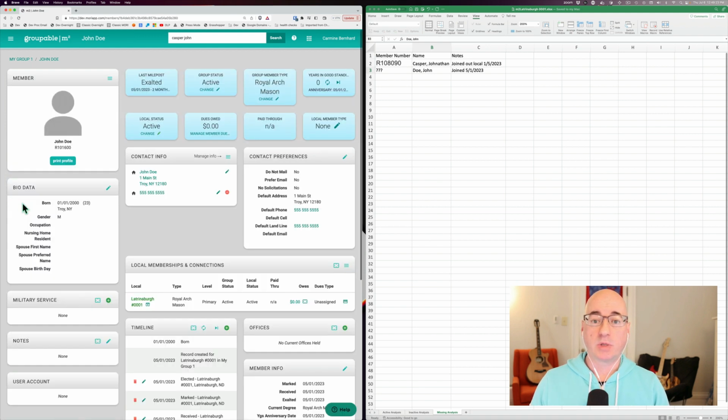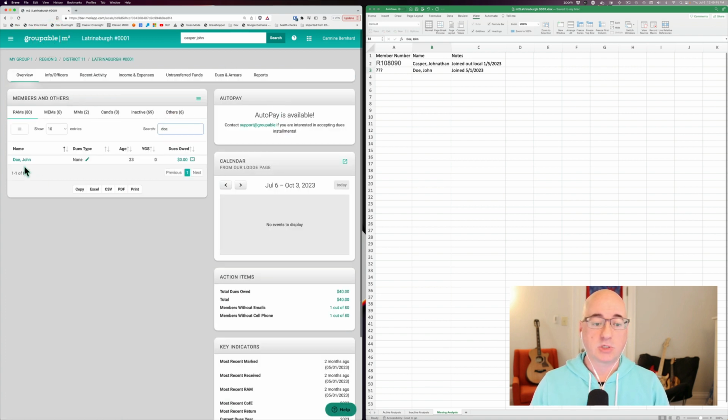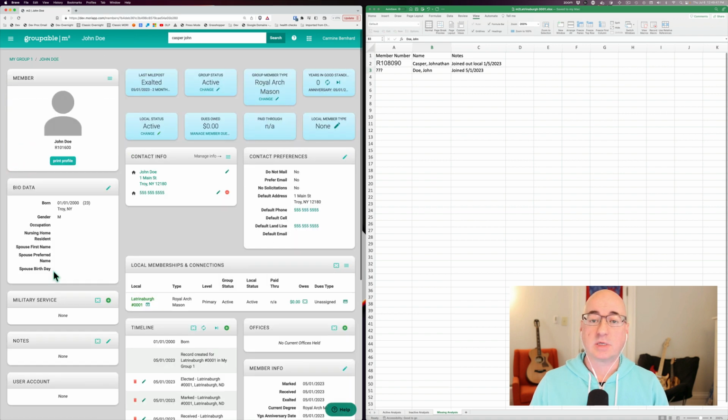So I click that add button to add that last lifecycle event to him, and you see that's exalted now. He is a Royal Arch Mason, which, like I say, for this organization is a full member. He is active at the parent group, and he's active in my local. And now if I go to click the logo, and I go Doe here in my members, I will see John Doe here. I can pull it up. I can see that he is now a member of my local group. And so we've taken care of the person is in the database, but not associated with our local.